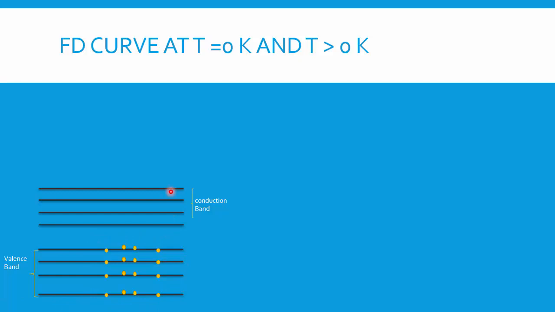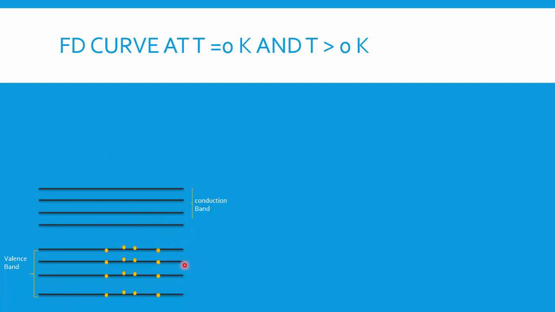But for the next 4 benches, or I can say the conduction band, all the energy levels are empty. No one is occupied by any electrons. If I ask what the probability or attendance of these benches is, you would tell me that it is 0, because it has the capacity to hold electrons, but now it is not holding. Why is it not holding? Because the semiconductor is kept at 0 Kelvin, and because of low thermal excitation, the electrons do not have the thermal energy to move to the higher energy state.